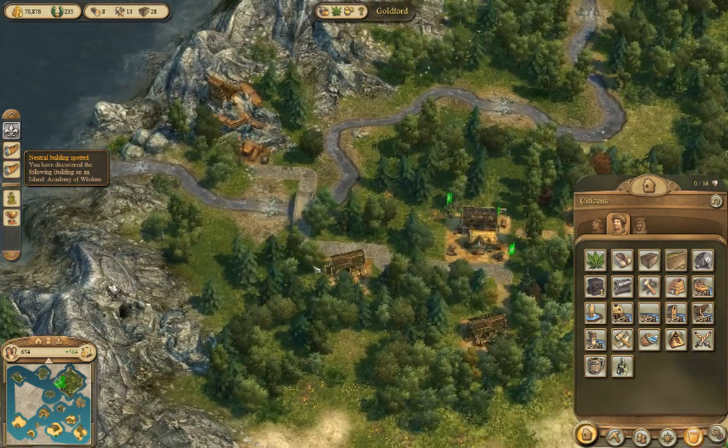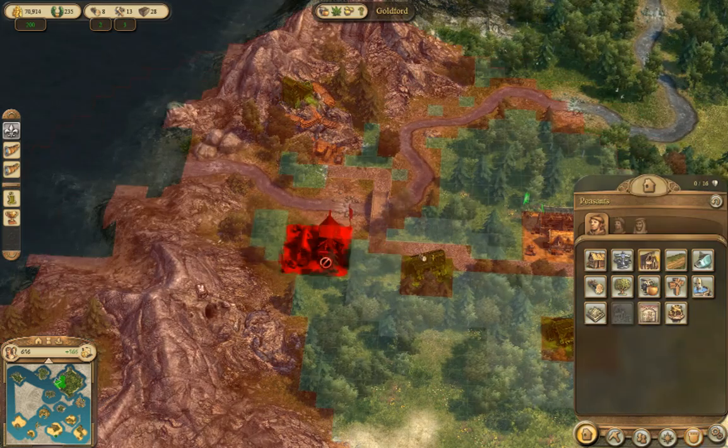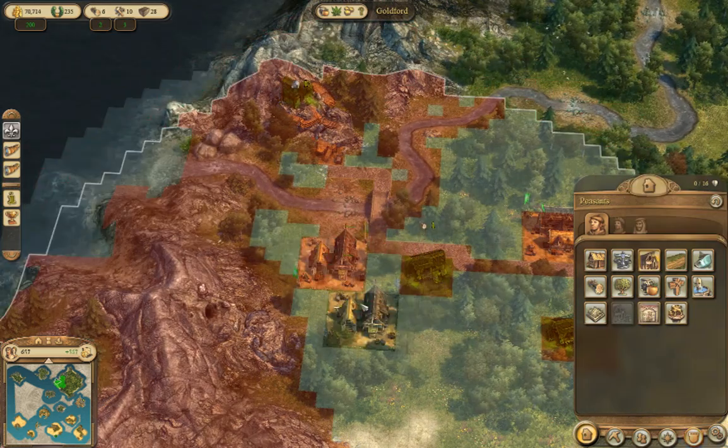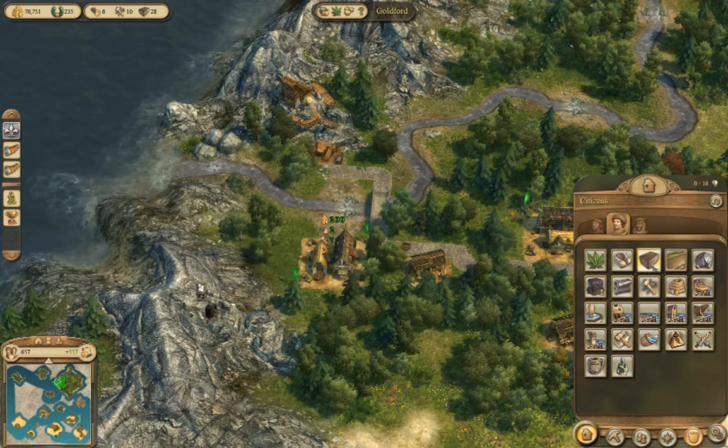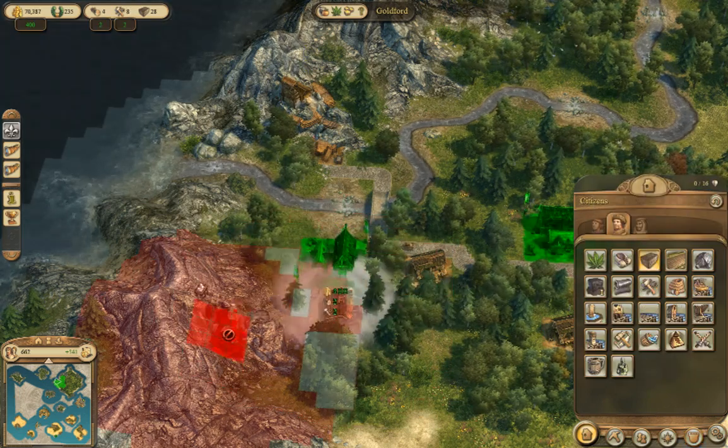And in fact, you know what I should do? I should build a new market building right here, simply to service that, and I also want a stonemason's hut right here. So they're going to go to the stone...